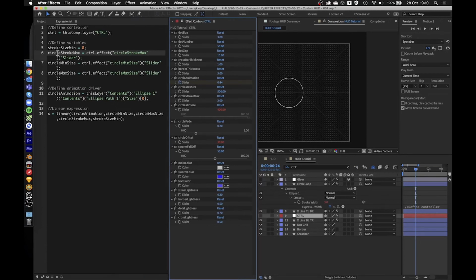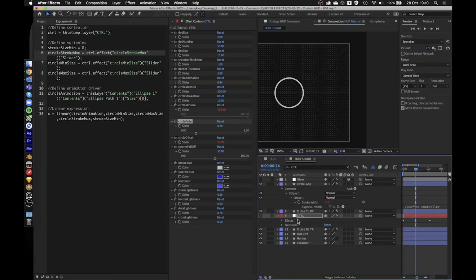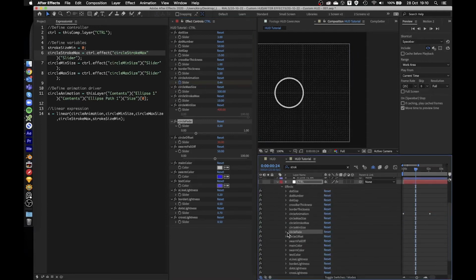Okay, so we have a circle stroke max, right? So it's one of these controllers. With this one, we determine how big the circle is at the beginning, how thick, right? And circle minimum size and max size. These guys are basically controlling how soon the fade happens, using this built-in controller, another slider. So if I show you this quickly, circle fade and circle min size, right? So if I open up the expression for you,